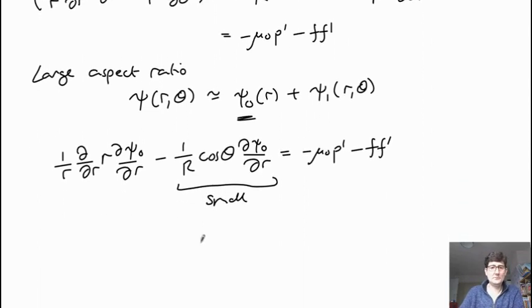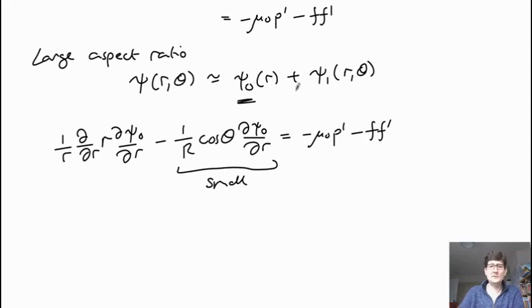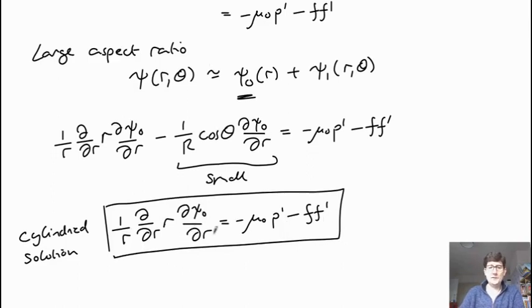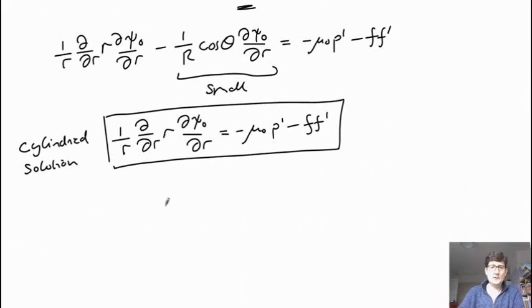And so we can eventually find an expansion and find this higher order correction, which we'll do in a future video. So for now, what we've arrived at is the lowest order solution, which corresponds to the solution in a cylinder, because we've assumed essentially an infinite aspect ratio. And so we can transform this equation into something maybe a bit more familiar, if we realize that in a cylinder,